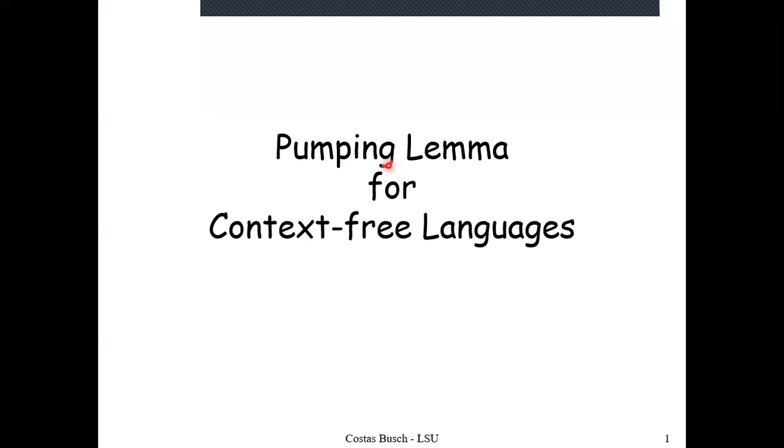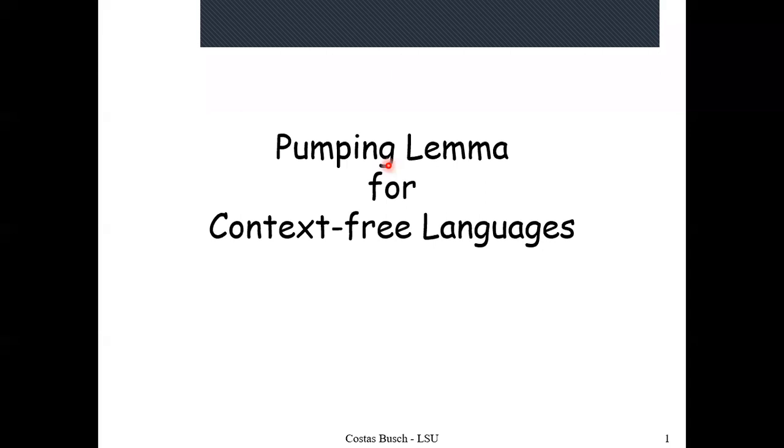However, there is a difference between the pumping lemma for the regular languages and that of the context-free languages, in the sense that the basic idea regarding the proof for the context-free languages is coming from the recursive structure in the grammar, which is the generator. In the case of the pumping lemma for the regular languages, the basic idea of the proof was coming from the structure of the DFA, the recognizer. So the pumping lemma for regular languages is motivated from the structure of the recognizer, and the pumping lemma for the context-free languages is motivated from the recursive structure of the grammar itself, which is the generator.